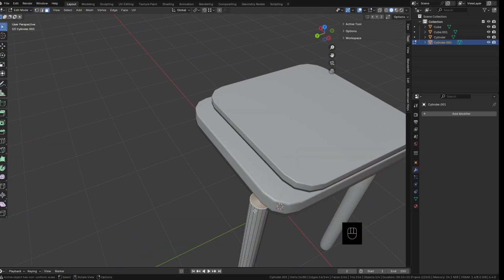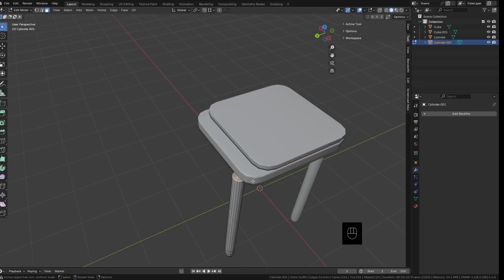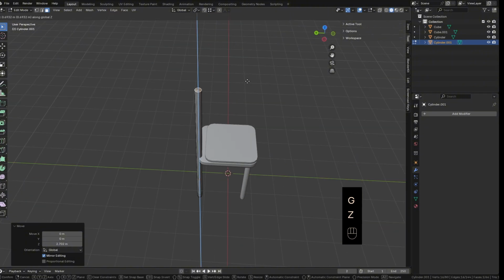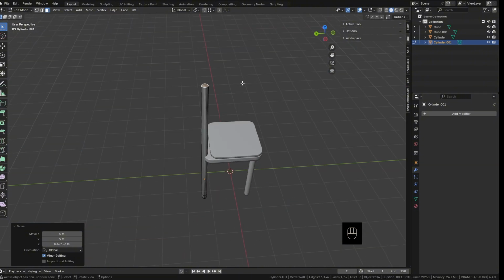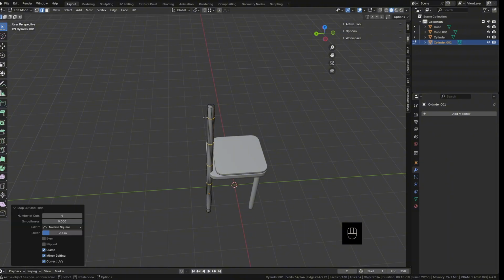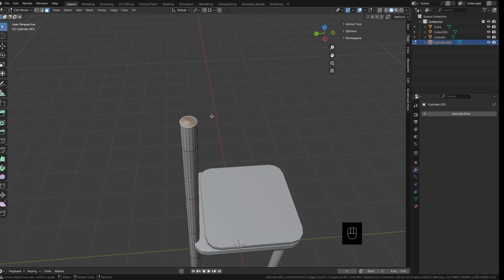Select the face on the top and move from the set axis. Look like this. Look at it for 4. Move from nearby on the top face. Select face and